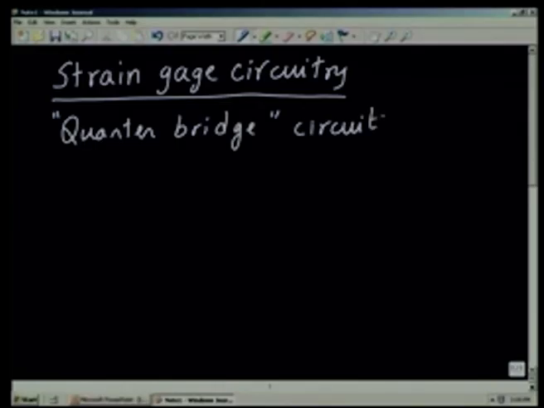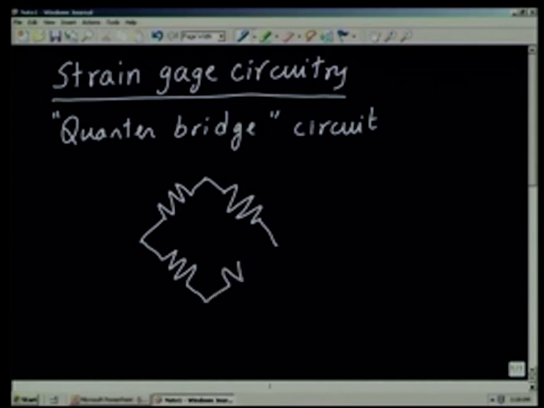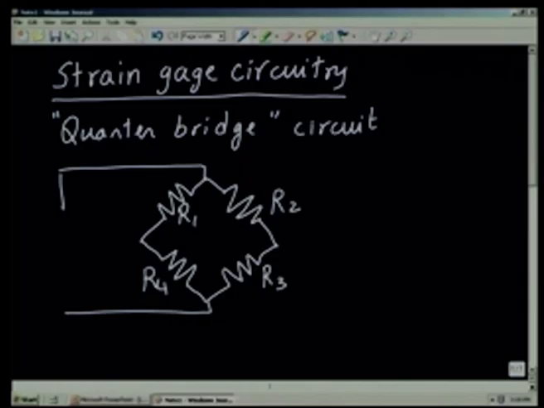So, essentially the quarter bridge circuit consists of the following. We have 4 resistances arranged in the form of a bridge which is very familiar to all of you. So, we numbered them as R1, R2, R3 and R4, and we have an input voltage impressed by using a battery. So, this voltage is V supply,